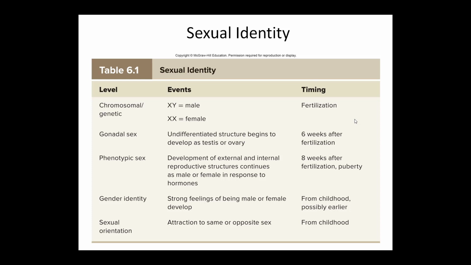Okay, so again, just to summarize someone's sexual identity, first of all, at conception, it's already predetermined by the chromosomes, right? Somebody could be either male or female based on the chromosomes. If their father gave them a Y chromosome, they would be male. If their father gave them an X chromosome, they would be female. Of course, it's not just the dad who determines this. It also depends on when during mom's cycle the two parents got together, because as we know, for example, during ovulation,